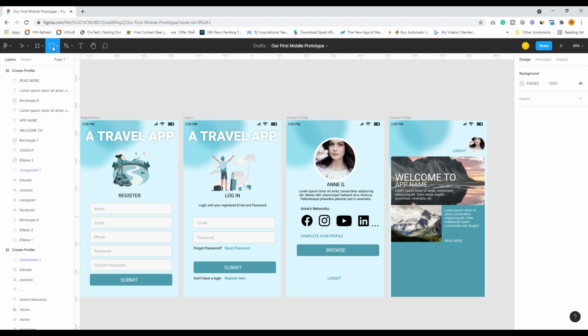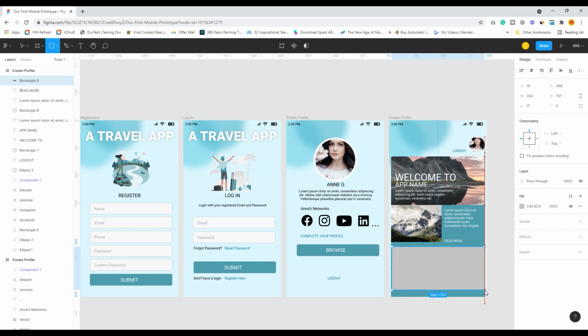Okay, now I want to have a carousel over here or a slider image over here.